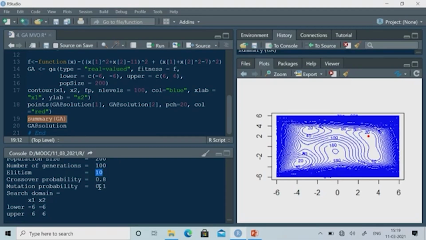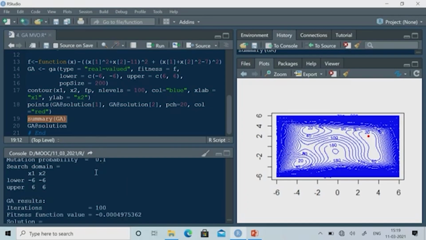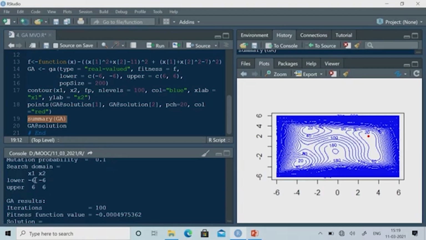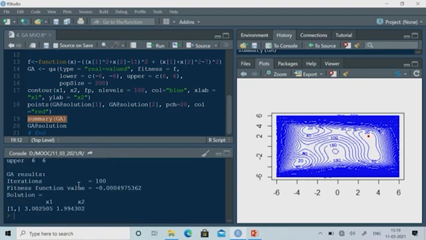So, this is 0.1, 0.8 and 0.1, and this is the upper bound and lower bound of x1 and x2, minus 6 and 6 for both x1 and x2, and you are getting the solution. So, it is not exactly 0, but it is around 10 to the power minus 3. You can also define this precision, but whatever solution you are getting, 3.00 and 1.99, the exact solution is 3 and 2. So, you are not getting the exact solution, but you are getting close to the optimal solution,